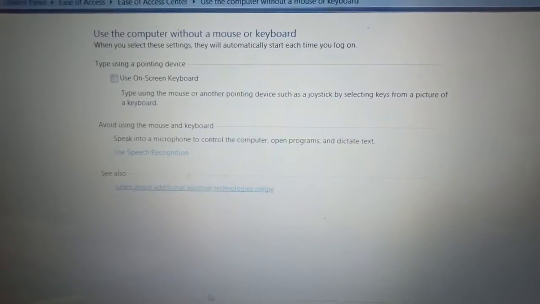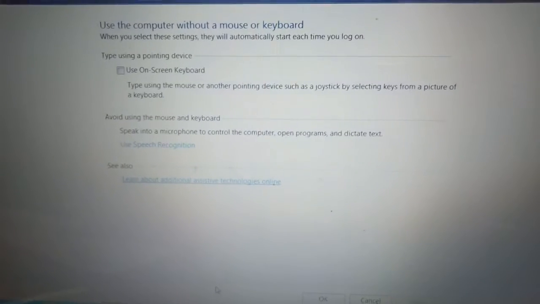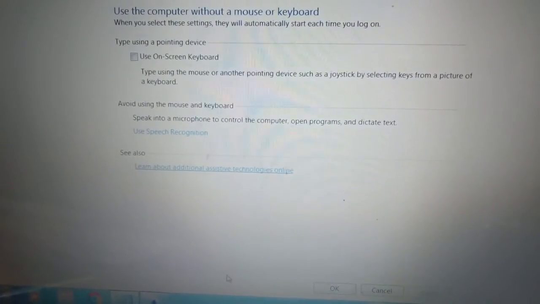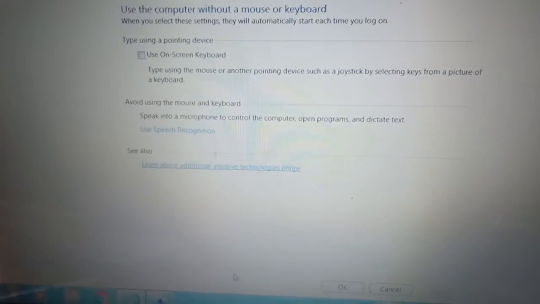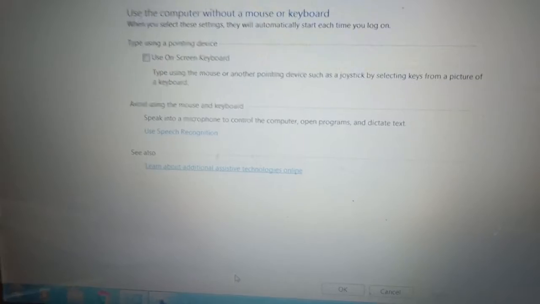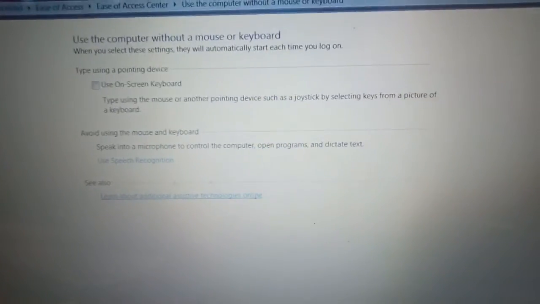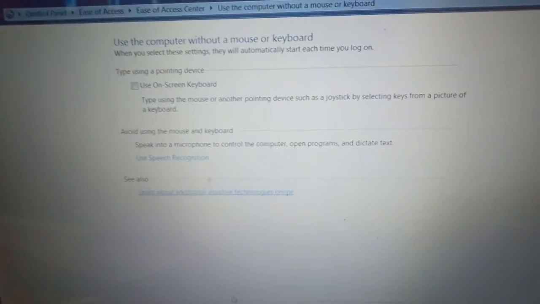With the help of this keyboard you can complete your work, and you can also avoid the use of the mouse with the help of the speech recognition system. In this system you just speak and everything can appear on the system. For example, in WhatsApp there is a feature where you can speak out and everything you say is written in the chat box.